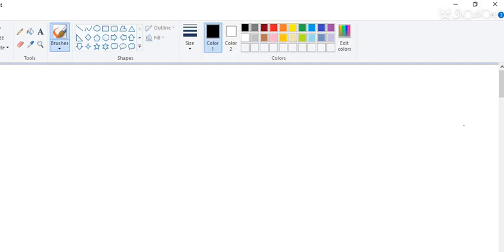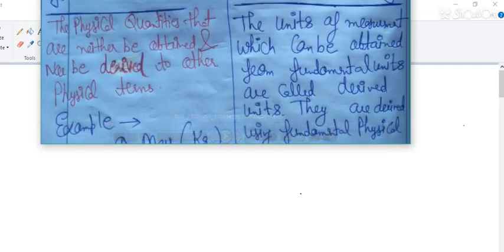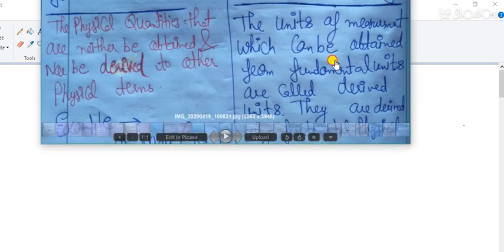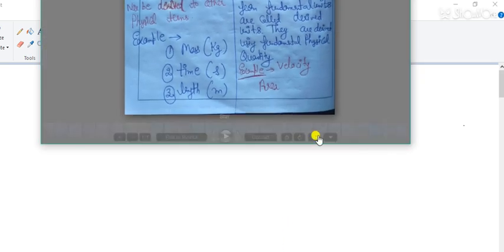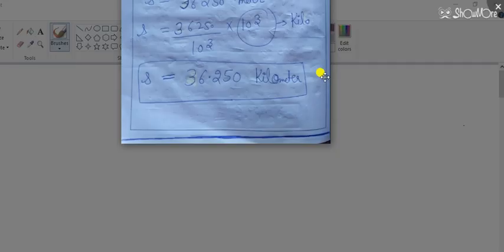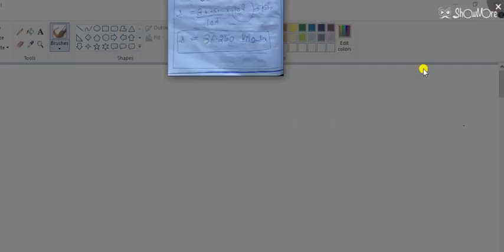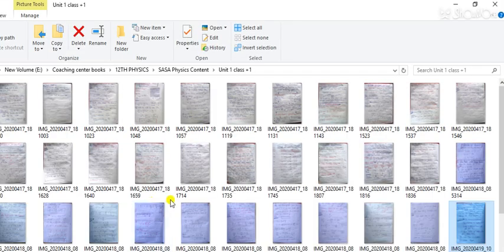Okay, wait for 1 minute. I hope now it is more clear. Wait for 1 minute. Students, please wait for 1 minute. Okay, I have to close it and suppose you open it.